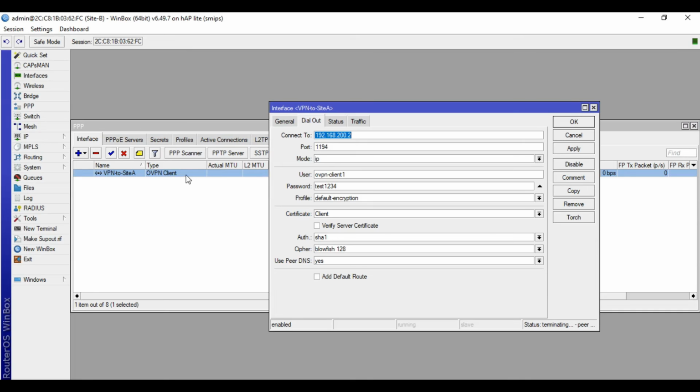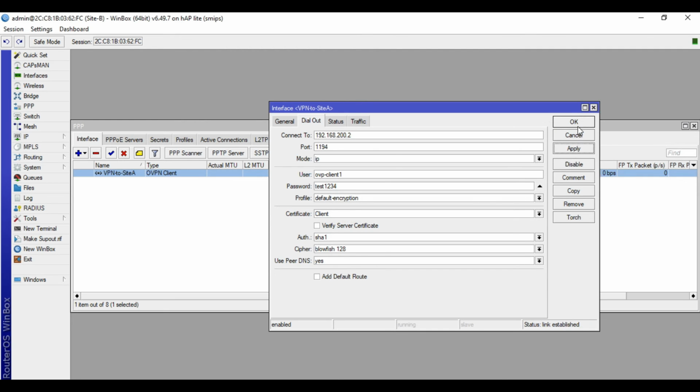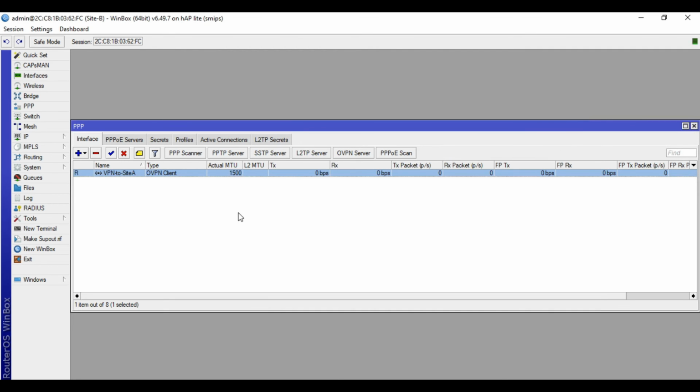Let's double click. Then I'll change this one to OVPN client, because that's the user that we input in the secrets tab of the MikroTik A. Click apply and OK. Alright, so it is now connected successfully.